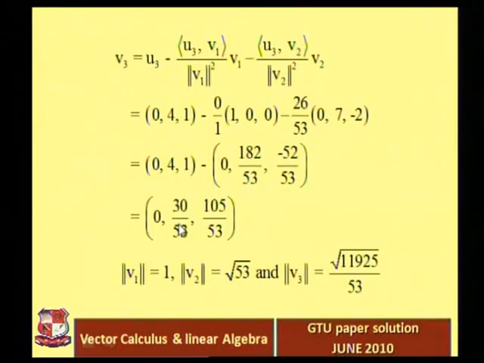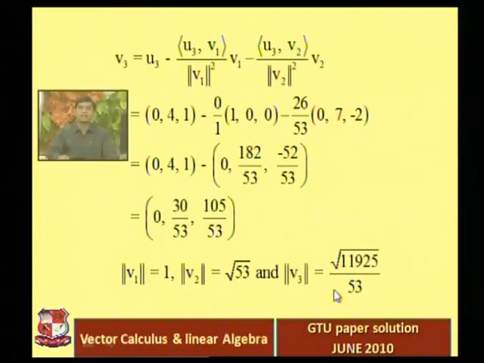So 0 upon this number becomes 0. Now 30 upon 53 divided by this number becomes 30 upon under root 11925. Okay, 53 will be cancelled out, and 105 upon 53 divided by under root